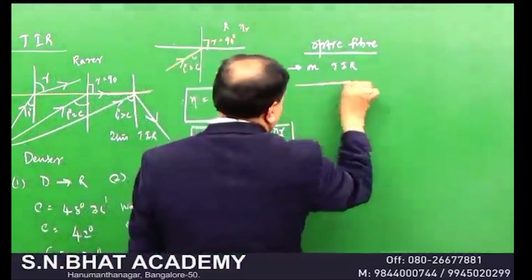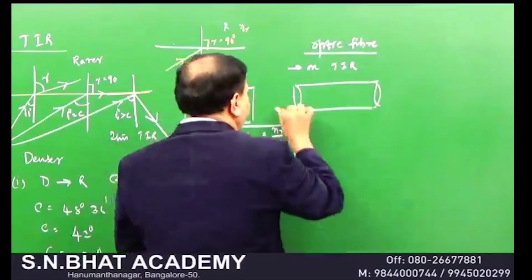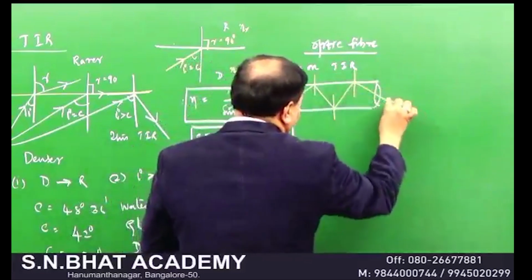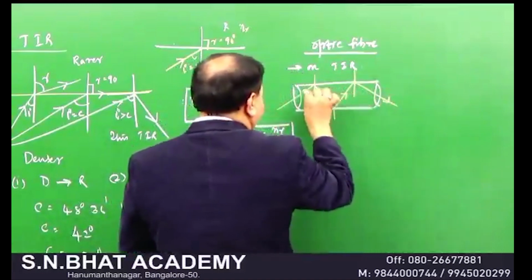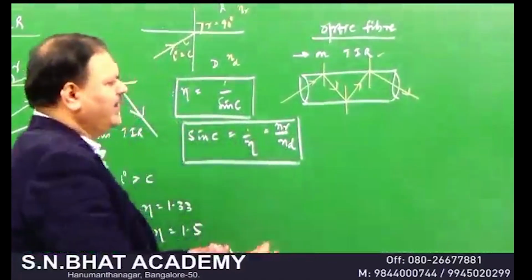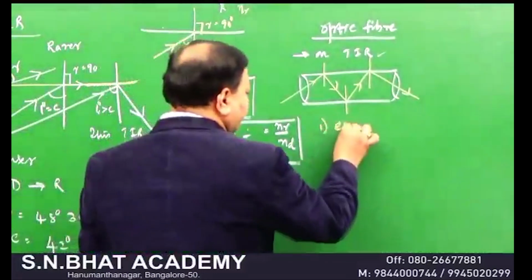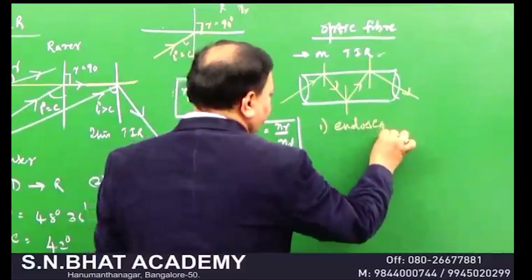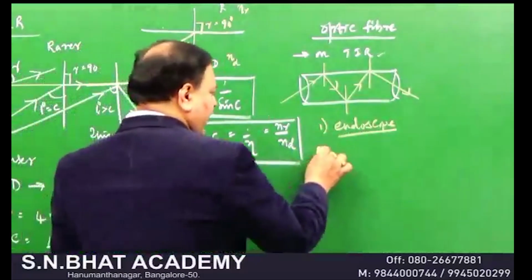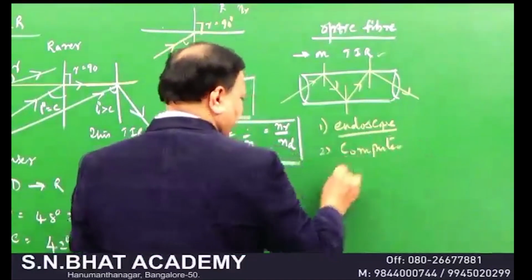Using these optic fibers, you can convey the light for any desired distance along a desired path. It is based on total internal reflection, and you can convey the light over a long distance. The main application is that it is used as an endoscope, a medical probe. You may have seen that it is used for endoscopy. And it is used in computers for networking.